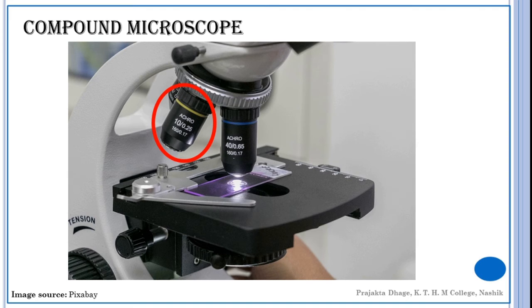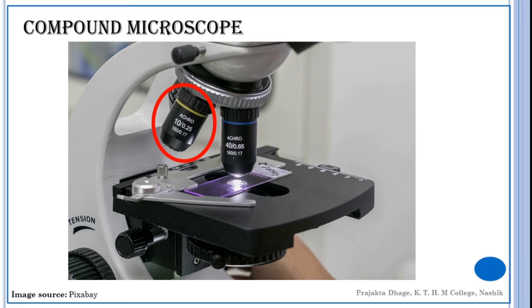First, what you see over here is some description on the objectives. I'm still talking about the objectives and objective lenses. You see some description written over here. We'll see what that description is. Now, this achro is written, which means that this is a chromatic objective. Then you have this 10 written over here. It gives the magnification, which means that it is a 10x objective.